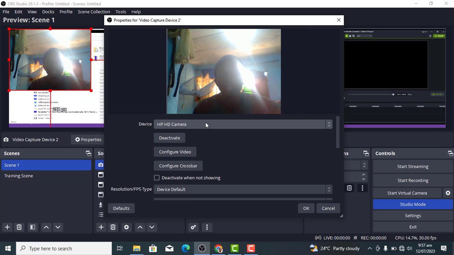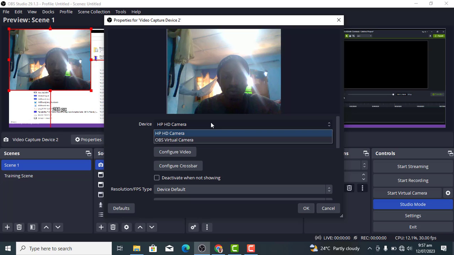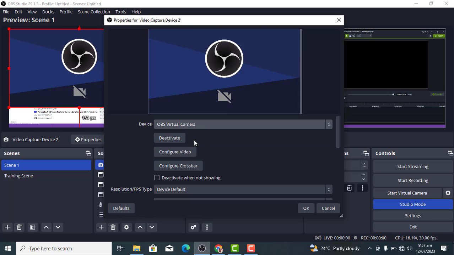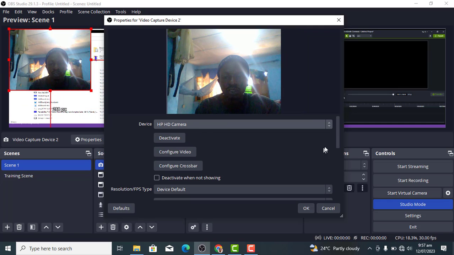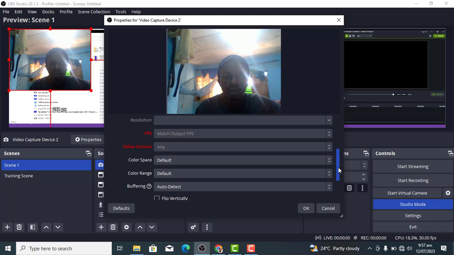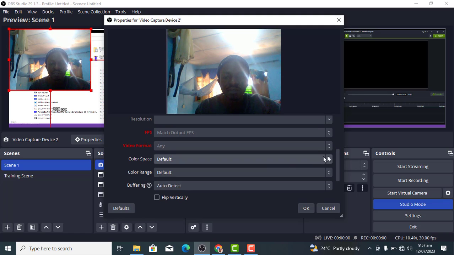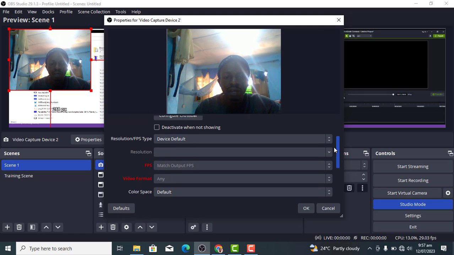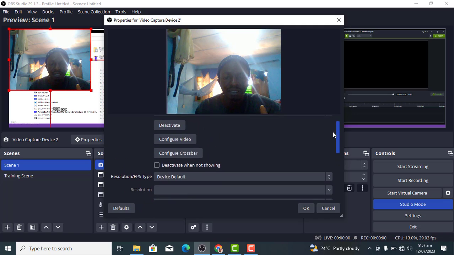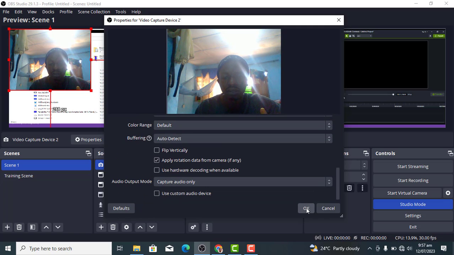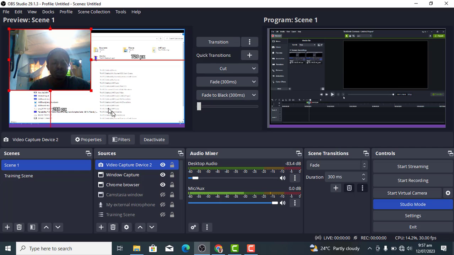Now, if we change it from this HP HD camera to maybe the OBS camera, nothing is displaying, but I'm going to show you about this. But for now, let's work on this HD camera. Once you click on it, you go down and you can set the format. If you know about more video enhancing, you can do that, but I think it's not necessary for now. So we can reduce it here,